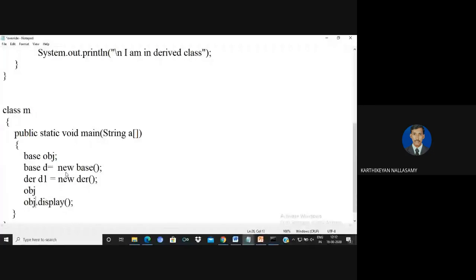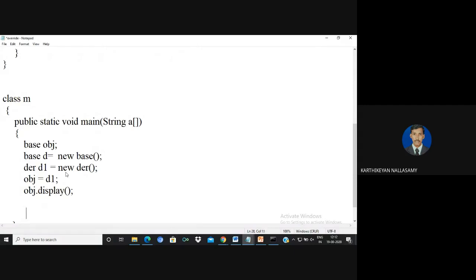Now I'm going to assign. Here I'm trying to access only with the base class reference, so we assign the object of the corresponding classes to access it. For example, if I want to invoke the method defined inside the derived class, I can assign the derived class object to invoke it. Next, I'm going to assign the object of the base class.